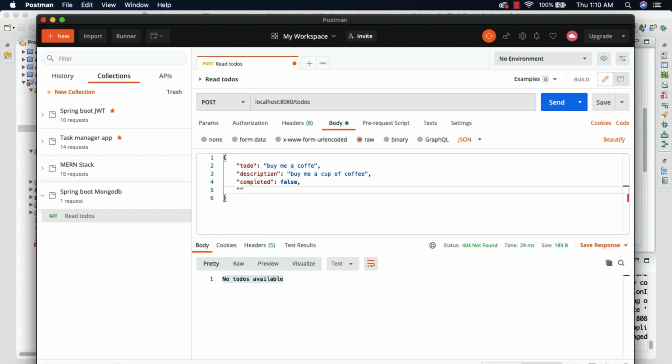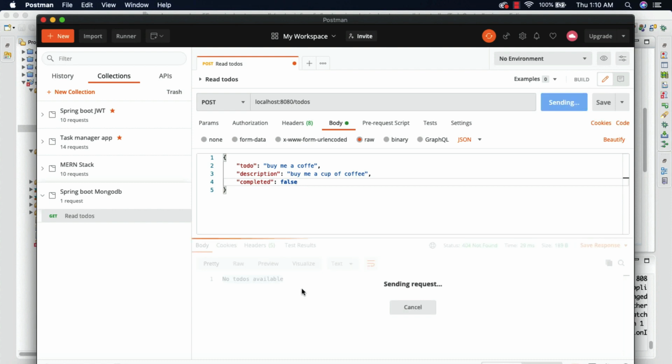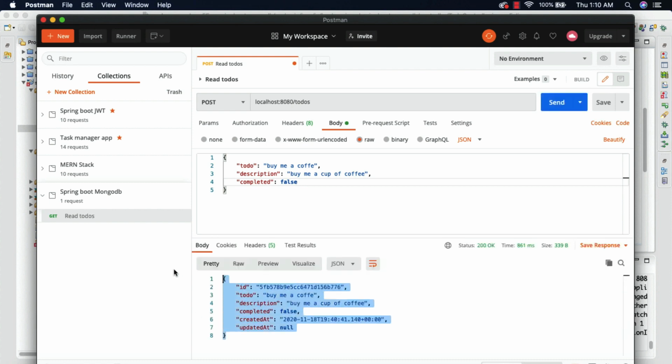Alright, that's it. We don't need to specify createdAt and updatedAt, because those will be added automatically when we create a new document. Now let's click on send. This is going to create a new record in the MongoDB database.